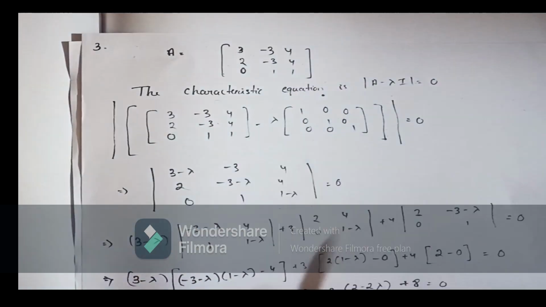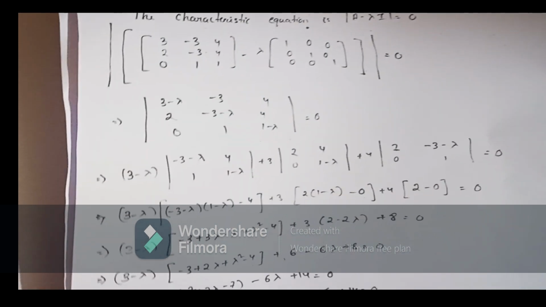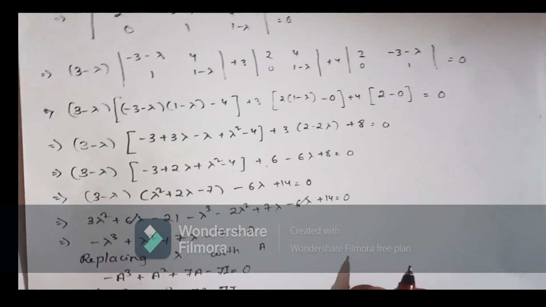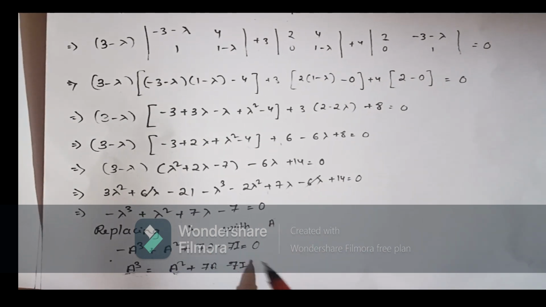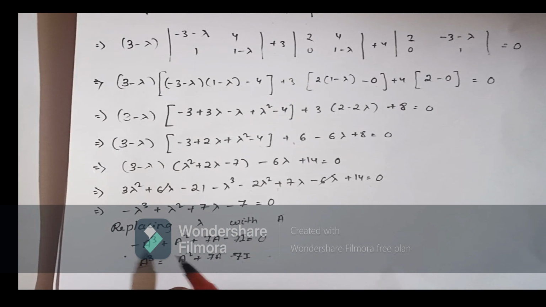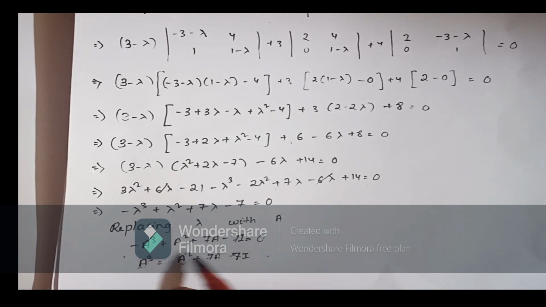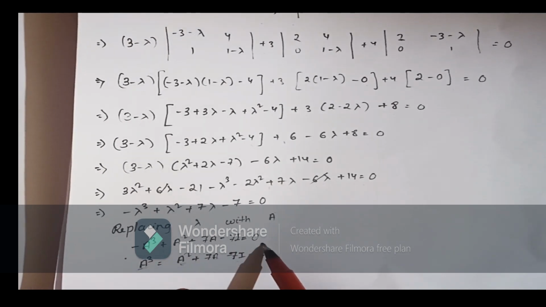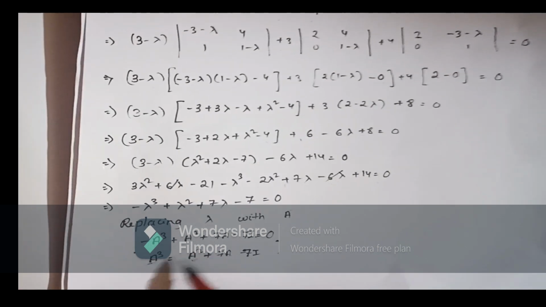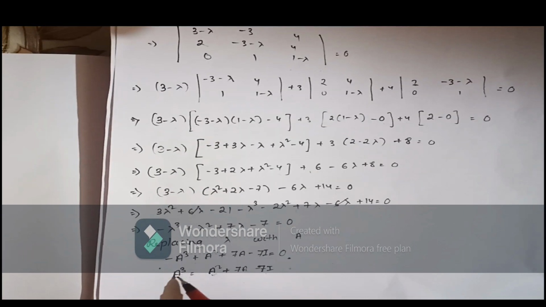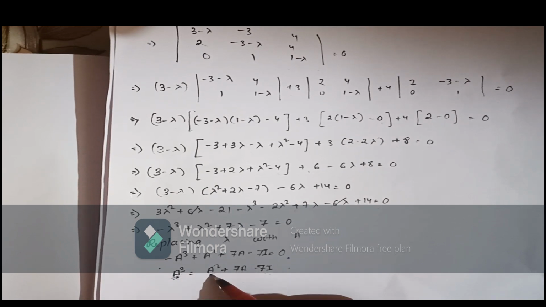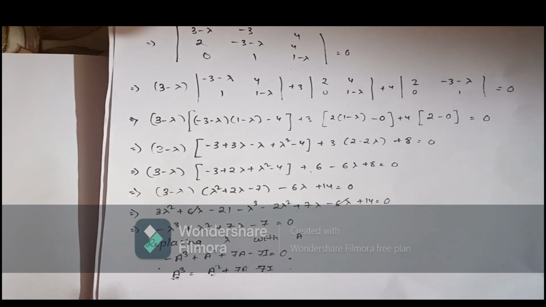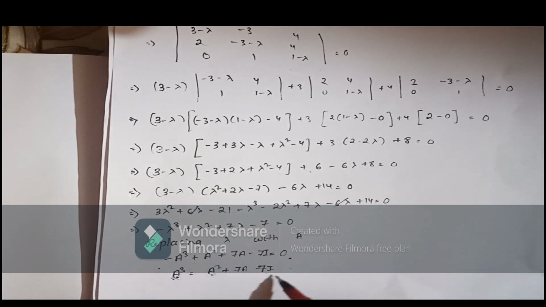We have to find the characteristic equation. So this is the characteristic equation. Now we have to replace the lambda with A. According to the Cayley-Hamilton theorem, this equation is satisfied by a square matrix. From here, I told you the highest power should be on the left hand side. So A cube is equal to this much. Now to find A cube, we have to find at least A square and A, and there is no further option because this is the basic relation we got.